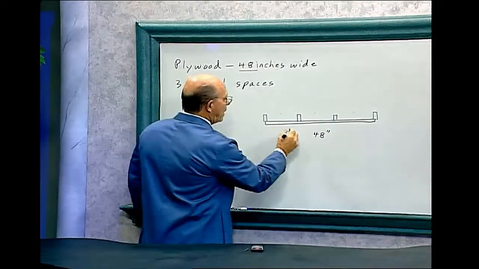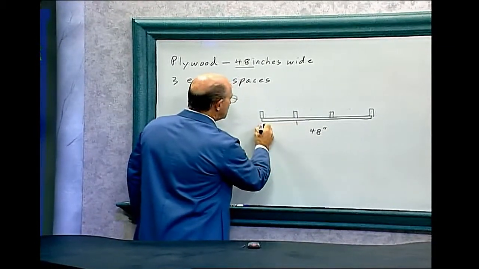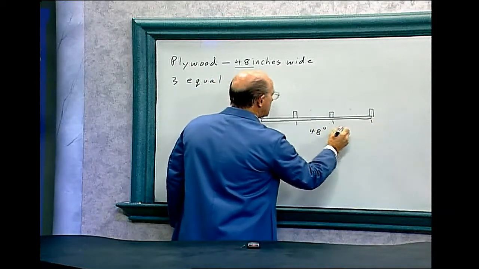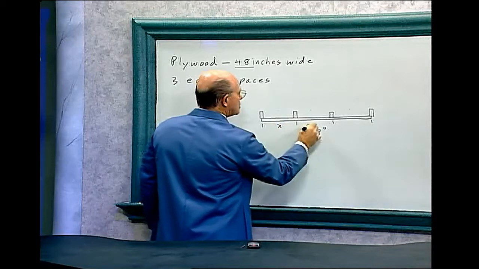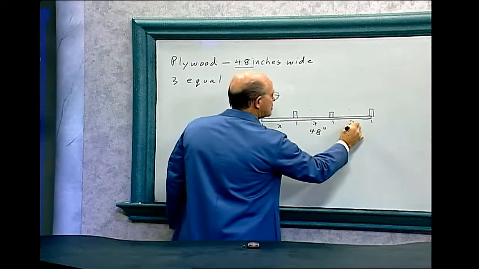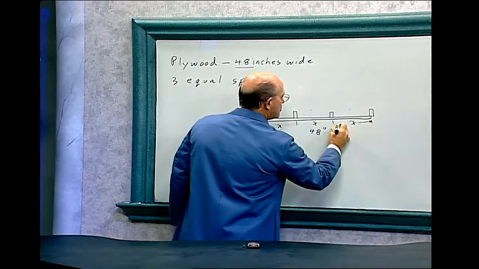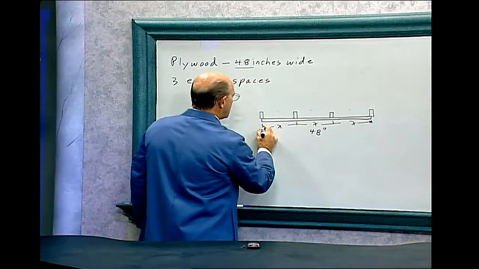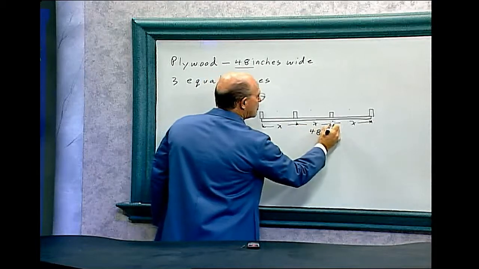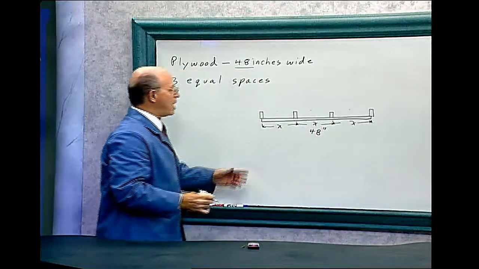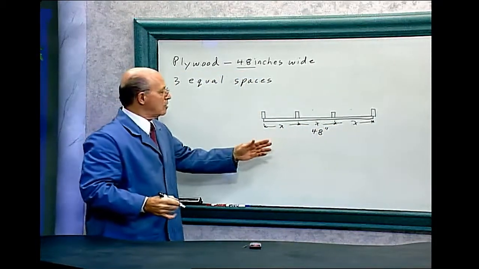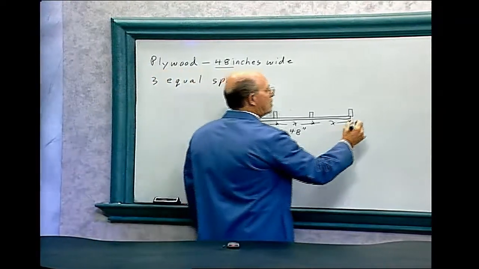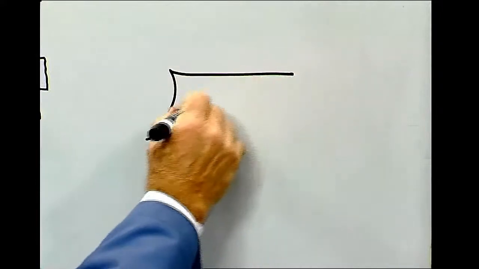And so what we want to find out is the center distance between these joists. What is that distance? These x's between here and between here and here. So what we have to do then is divide 48 inches by 3. So let's do that. So 48